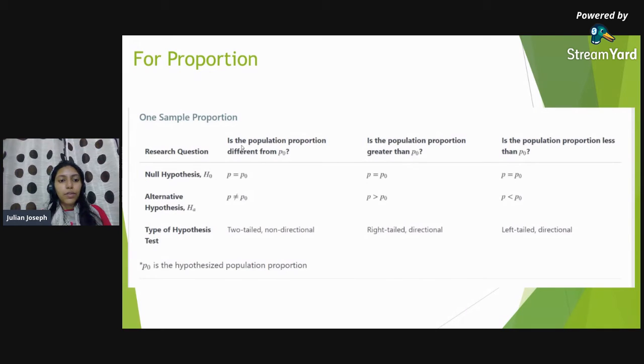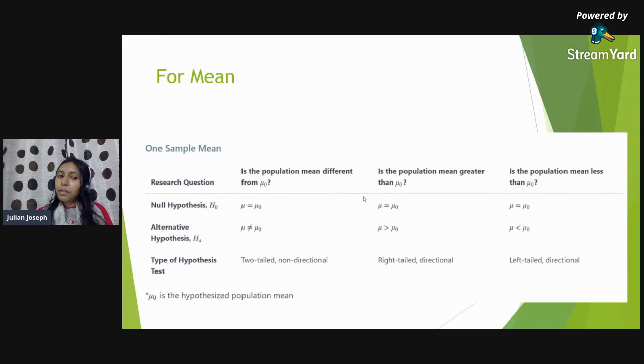Now for proportion, we were looking for, currently this is where our example fell, the first column, where p is not equal to p naught, and that's why it could be a two-tailed graph. I'll show you the graph later on. But it could also be that I'm saying the unemployment rate in Mysuru is higher than the national value. So that could be p is greater than p0, or it could be lower, p is less than p0. Those are the different types of alternative hypothesis we can make. Based on that, it is called the right tail test, the left tail test, or the two tail test. For mean, it is similar. The p is replaced by mu.